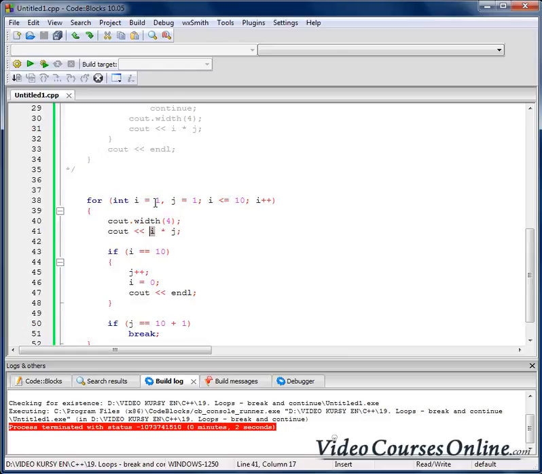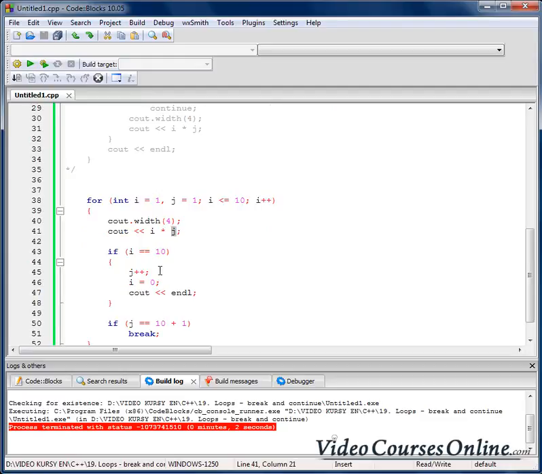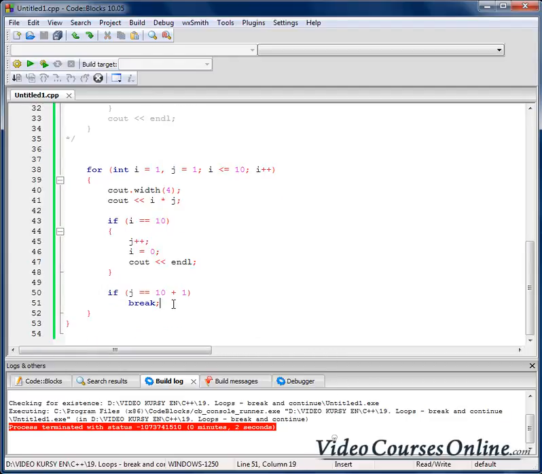So right now we are multiplying i, so at the beginning 1 by j, which is 1, and after it we are just skipping those guys here because the conditions are not true, they are false, and we are increasing i, we are checking the condition, and we are multiplying 2 by 1, 3 by 1, 4, 5, 6, 7, 8, 9, 10, and finally when it's 10 we are checking that the condition is finally true, and we are increasing j, we are assigning 0 to i, we are creating the end line, so we are creating the enter, and we are checking that condition which is not true, and again we are multiplying, this time 1 by j, which is now 2, so we have got now 2 by 2, 3 by 2, 4 by 2,